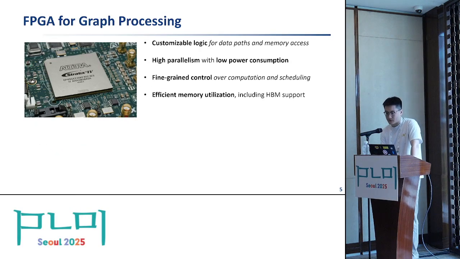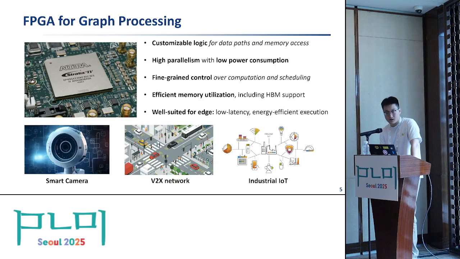FPGAs offer a promising alternative. They support custom memory and execution paths, have high parallelism with low power consumption, and provide fine-grained scheduling. These traits make them ideal for graph processing on the edge side, such as smart cameras, V2X networks, and industrial IoT. For example, in V2X systems, vehicle-to-intersection communication forms a road graph where local edge computation helps with cooperative